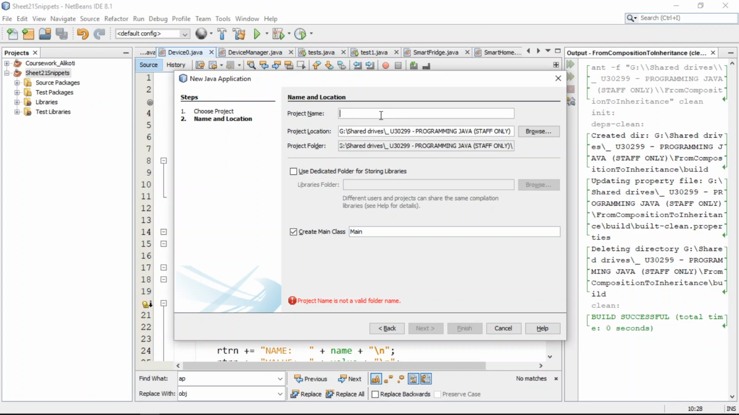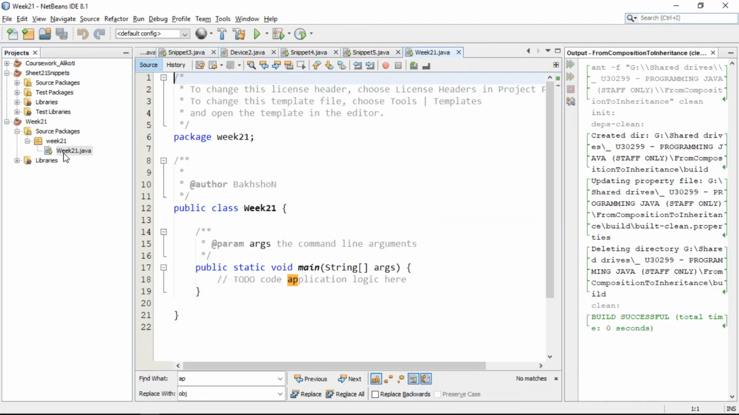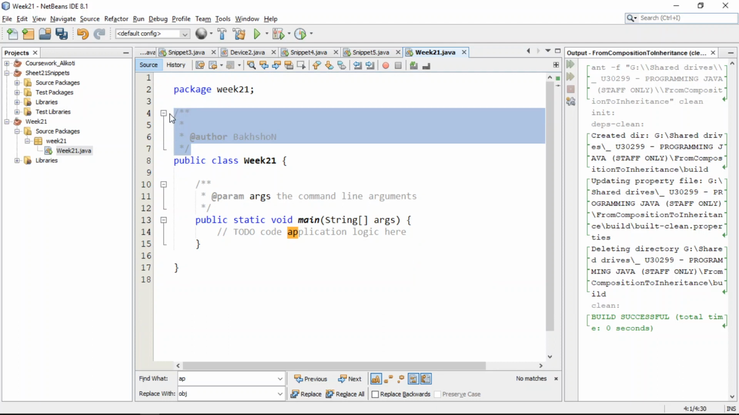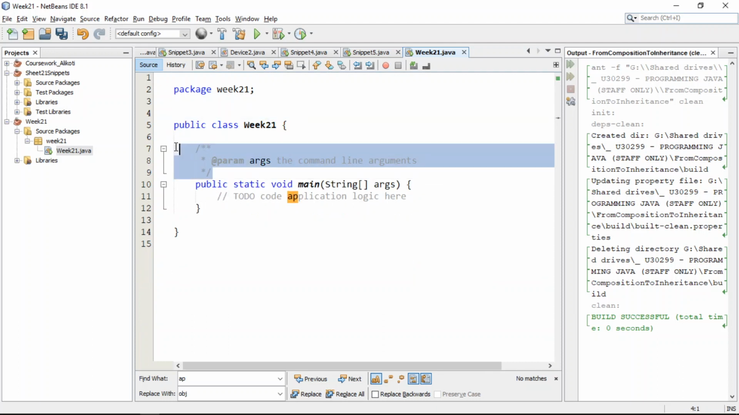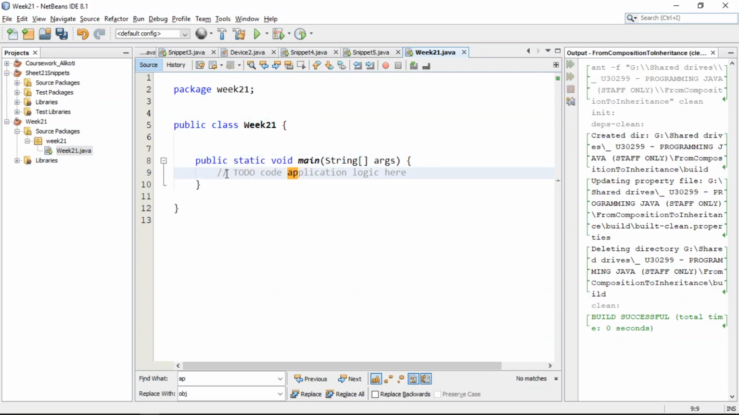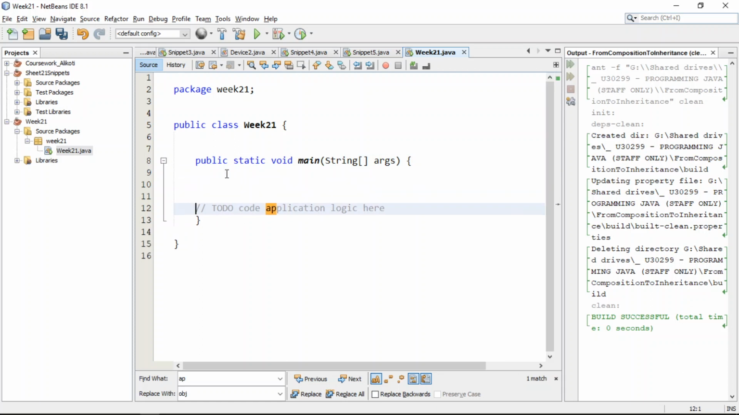Create a fresh project. Call it week 21 for the time being, and then say next, as we do normally. Just make sure the location was good. Let's get rid of all the comments so we have a nice simple screen in front of us, and we'll come back to that. Okay, so we have a main where we're going to write some code,